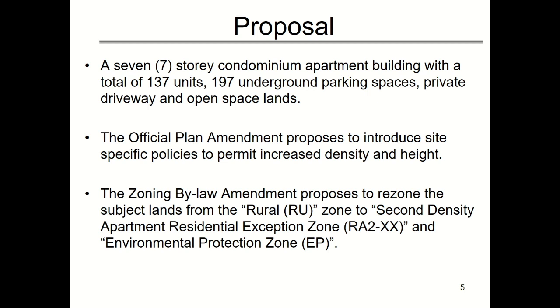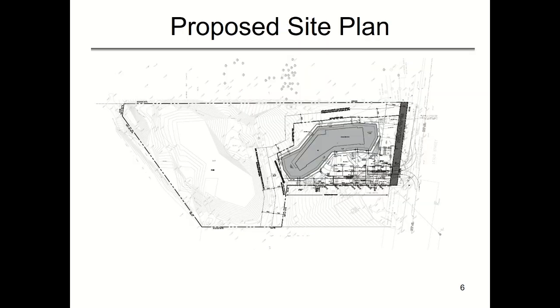The official plan amendment proposes to introduce site-specific policies to permit increased height and density. The zoning bylaw amendment proposes to rezone the subject lands from the rural zone to second density residential apartment, residential exception zone, and environmental protection zone. A related site plan application has been submitted, and here you'll see the applicant's latest site plan, which reflects the proposed building configuration. The condominium apartment building would have a total gross floor area of 10,715.2 square meters, which is